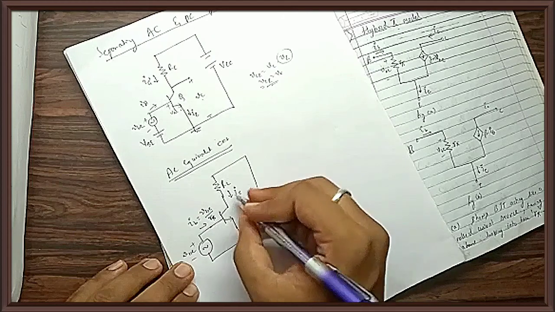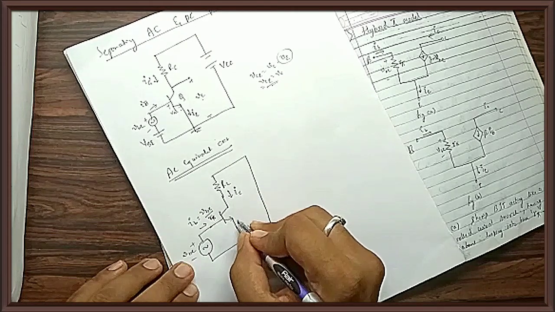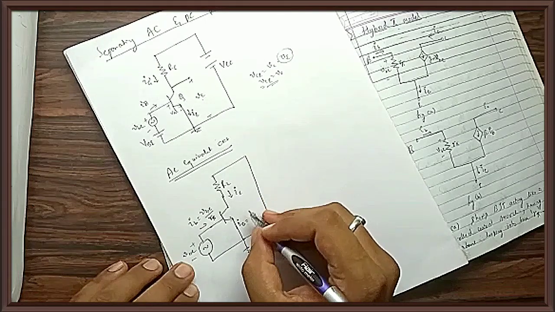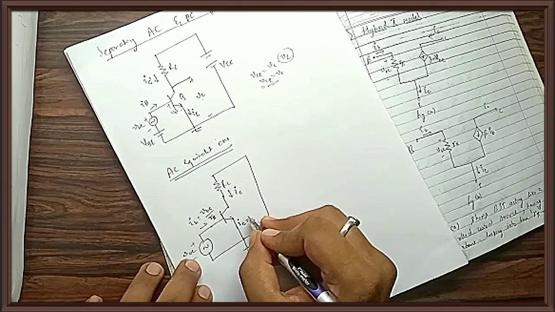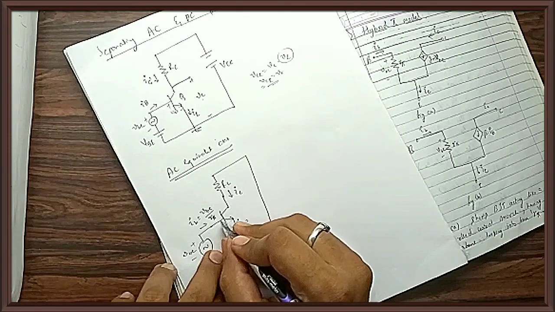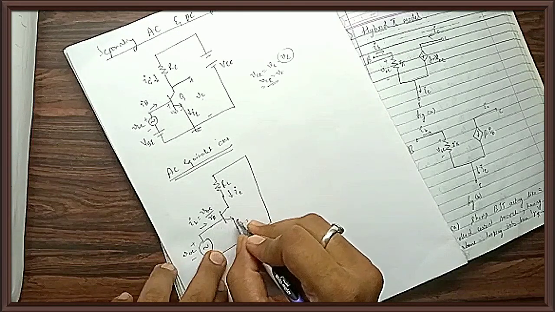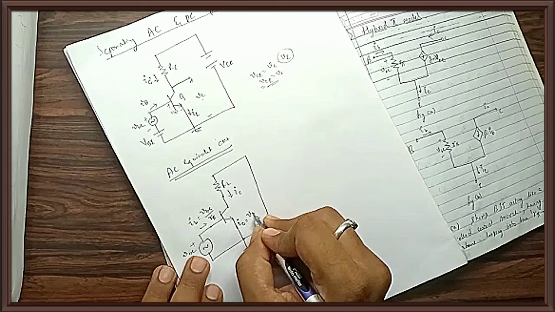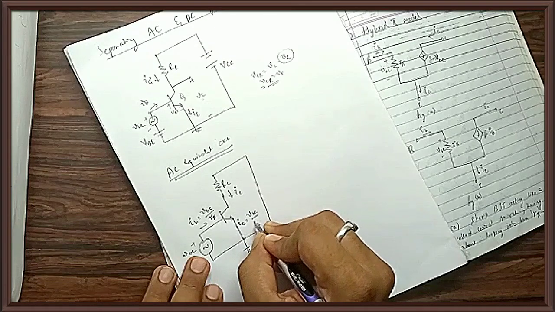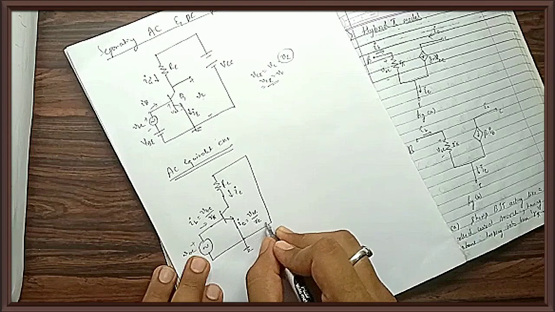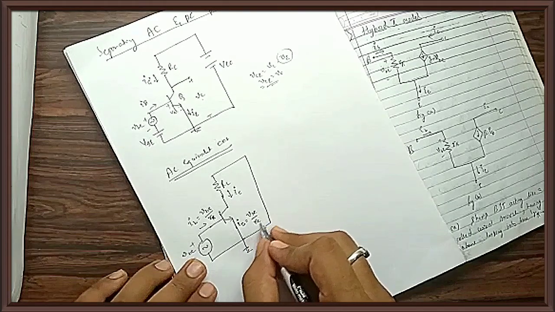What is the output side? At the emitter side, it will be the current small ie. So small ie will be equal to the voltage applied. If I take the current at the emitter side, this voltage will follow whatever voltage I give at the input side. So it will be vbe by re. Why re? Because the resistance at the emitter terminal is re. I have even divided the expression by re.